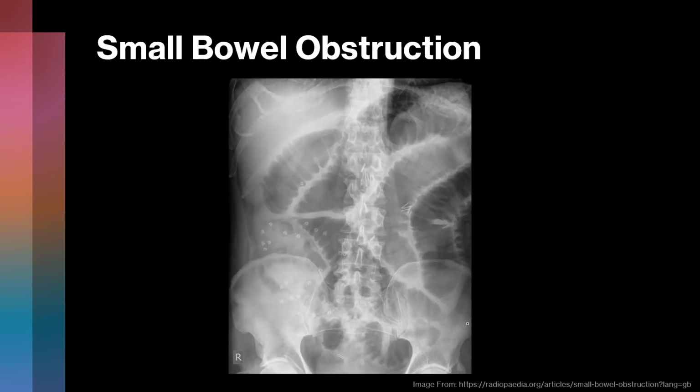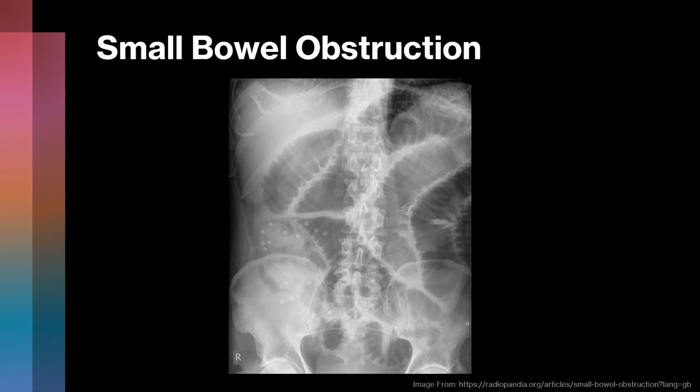So this rule is really important to consider when we're looking at bowel obstruction. And in this case, we've got some small bowel obstruction. So as you can see, the majority of the bowel loops are located centrally, and they're obviously distended. We can also see the valvulae conniventes, which are the small bowel folds throughout the bowel wall. These start after the second part of the duodenum and are commonly seen in abdominal imaging, so they can help